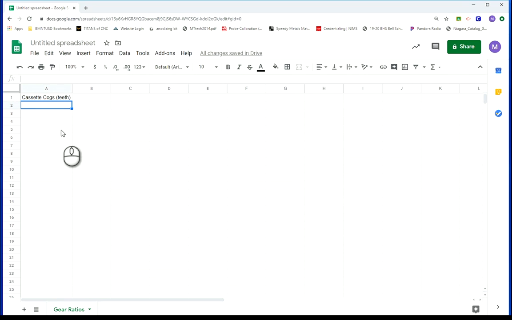Once you have your label in place, we are going to start typing in our data into cell A2. Once you type your data in, you can gesture your mouse over to cell A3 and click in it, and that will select the next cell. A faster method is to actually use the arrow keys on your keyboard to select the next cell. We are going to type in all the data from our table into our spreadsheet. Once you've typed in all of your cassette cogs,